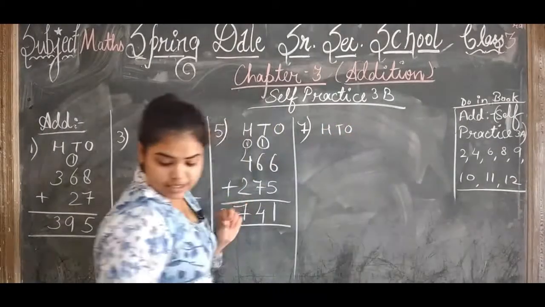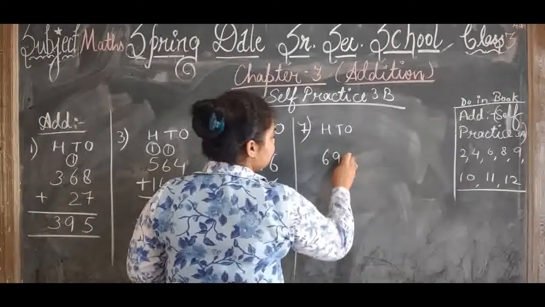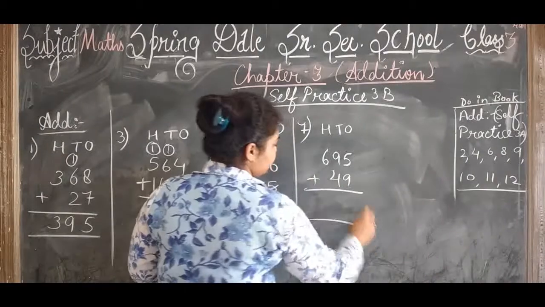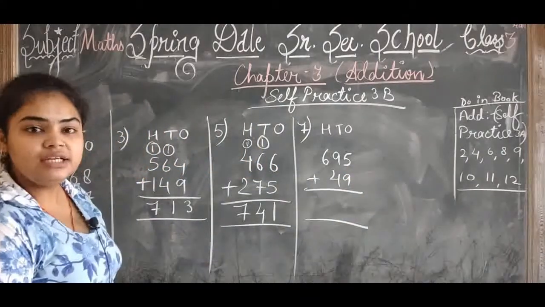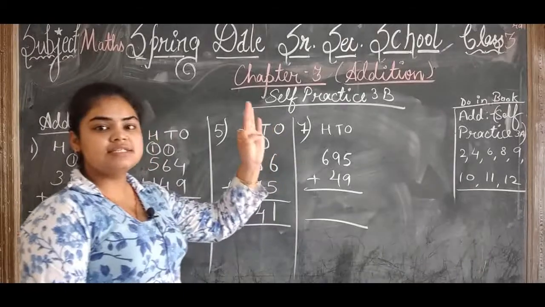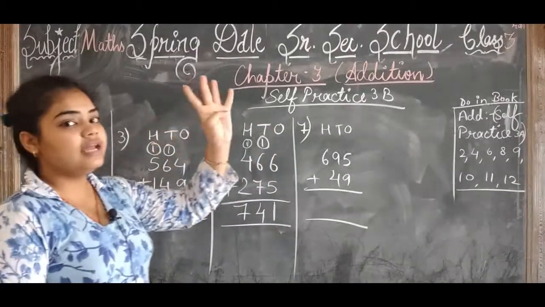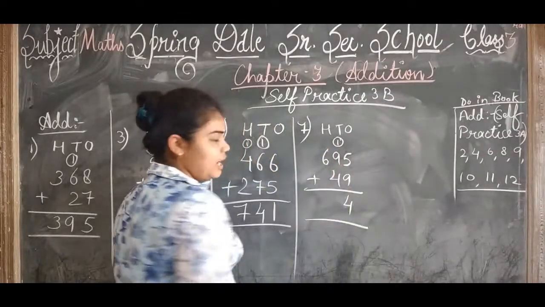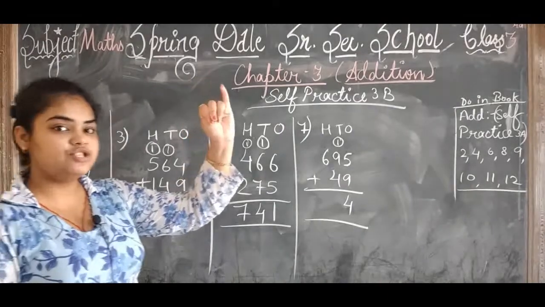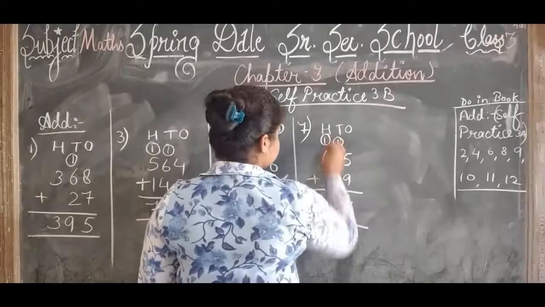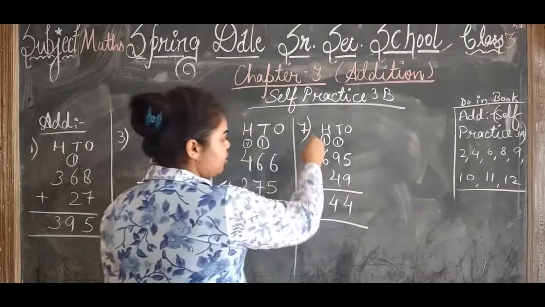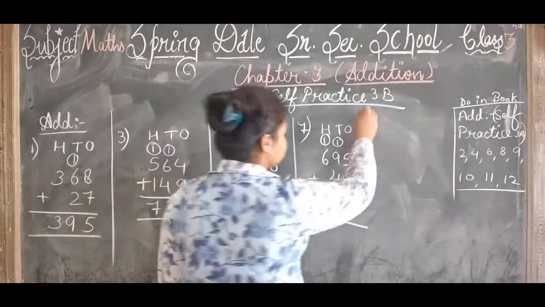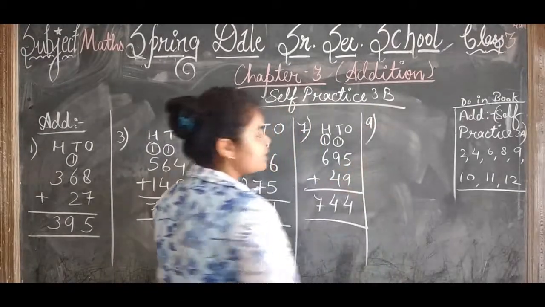Then we are going to do the seventh part, that is 100 tens and ones. 695 plus 49. We have 5 in your mind, 9 in your fingers. After 5, 6, 7, 8, 9, 10, 11, 12, 13, 14. 1 here and 4 here. 9 in your mind, 4 in your fingers. After 9, 10, 11, 12, 13 plus 1, 14. 6 in your mind, 1 in your finger. After 6, 7. The number we get is 744.